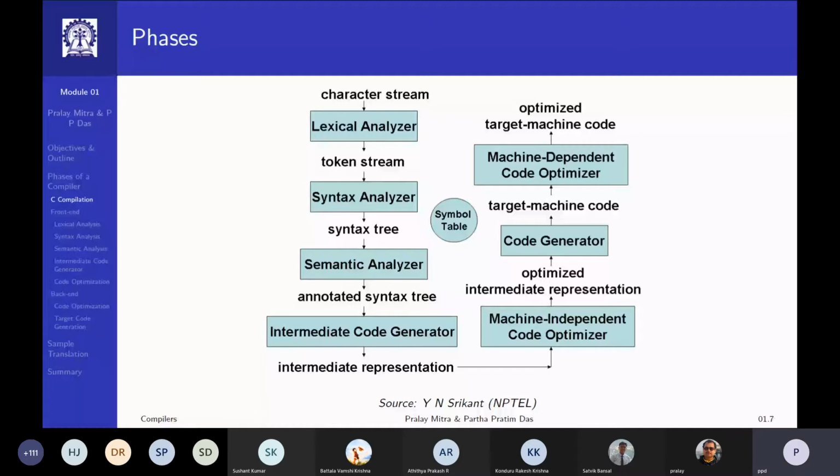From a character string, you convert that into a stream of tokens. Very roughly, it is like an English text, where you have characters and words. Only when we are very young kids do we spell out the letters in a word and read it. After that, the word itself becomes something which carries meaning. So this is the equivalent of words in the language. We call it a token.